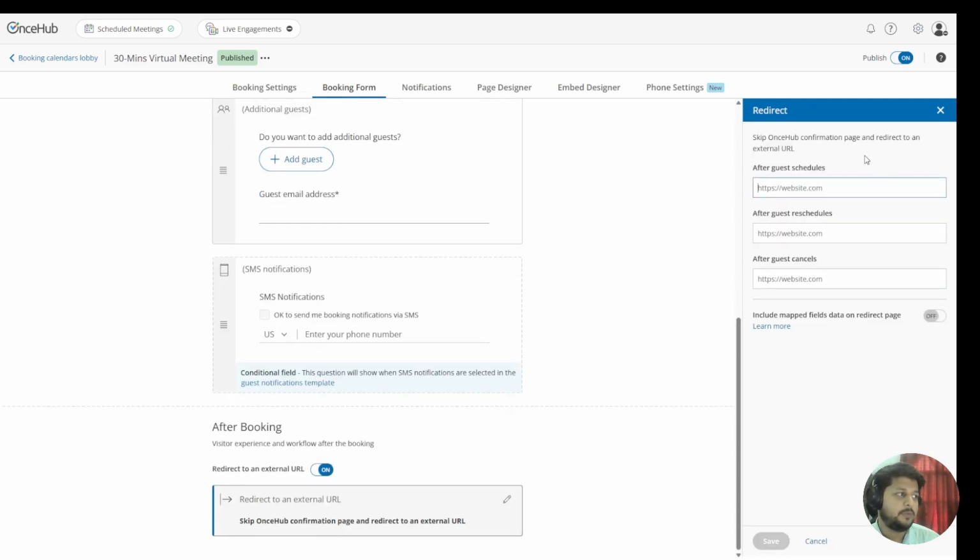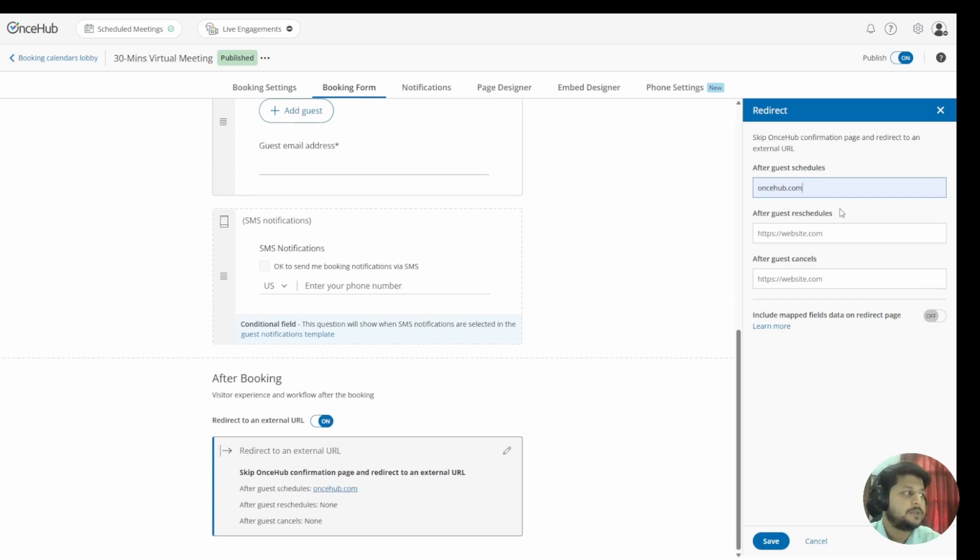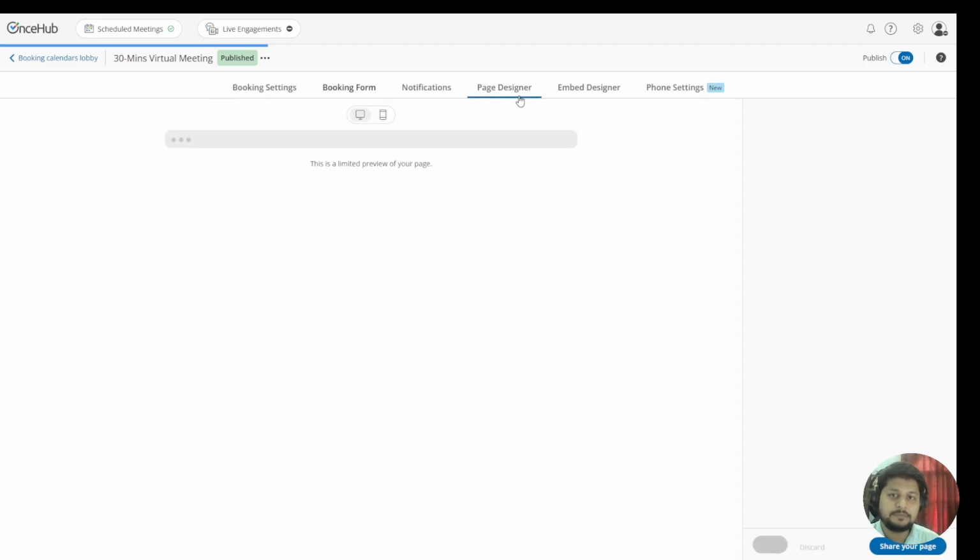In the right side column, you will see a few options like scheduling, rescheduling, and guest cancellation. Enter the website URL where you would like to redirect your guest. Click on save. Once you have saved it, to test this out, go to the page designer,